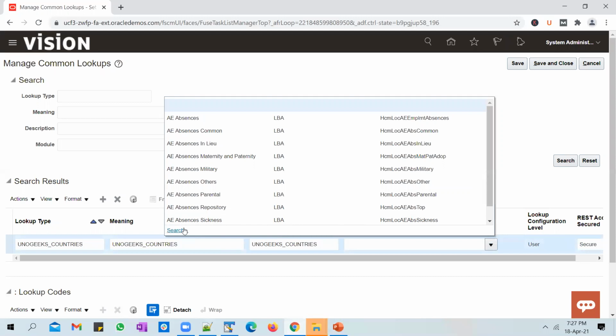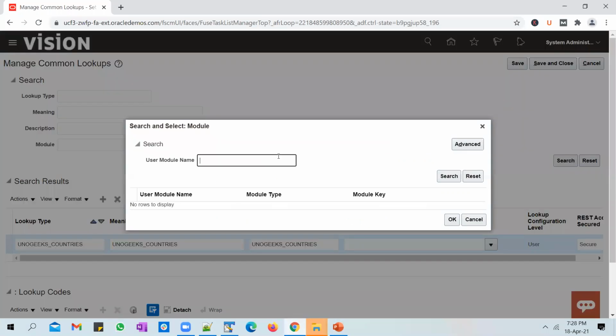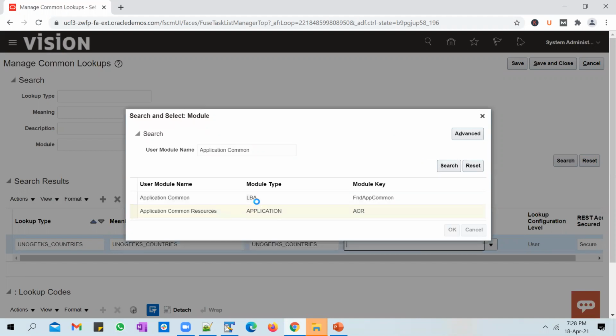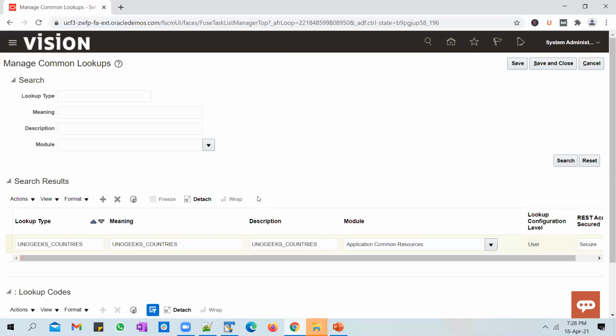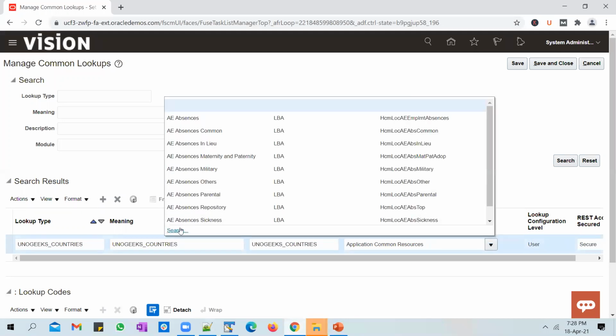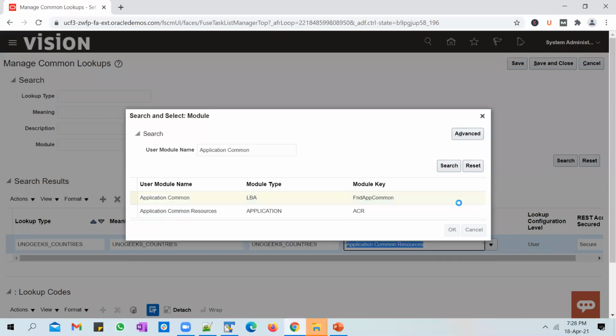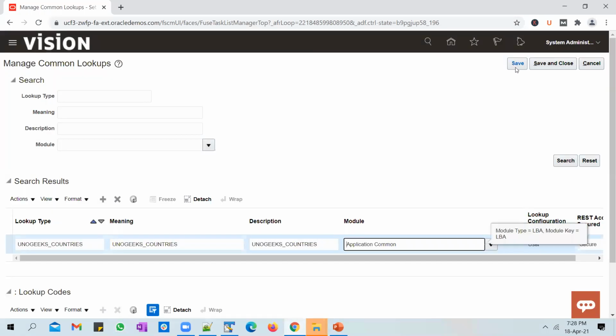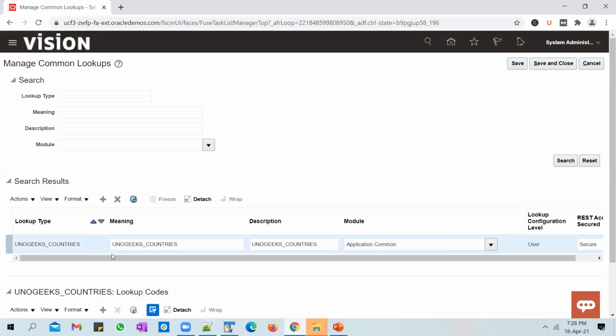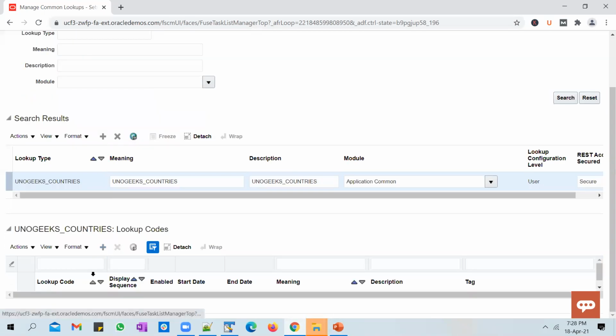Pick up a module. And you save the lookup so that you can add a couple of countries in there.